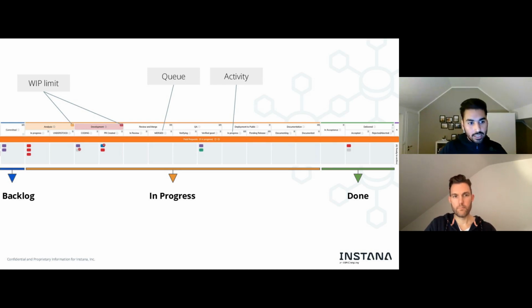I think what my team has, we have a work in progress limit for the whole in progress section, meaning we only allow 5 cards in this whole in progress section. Doesn't matter if all 5 of them are in QA or in development, but it's rather a whole service limit, right? And again, this is something each and every team has to decide on their own. We did the one that you are seeing right now. We did that as well before. Then we switched because we just felt it's better.